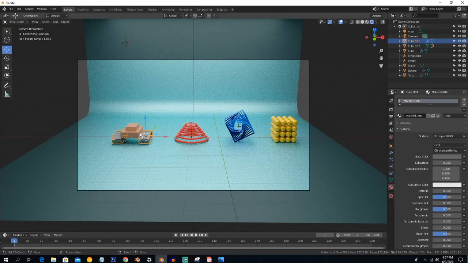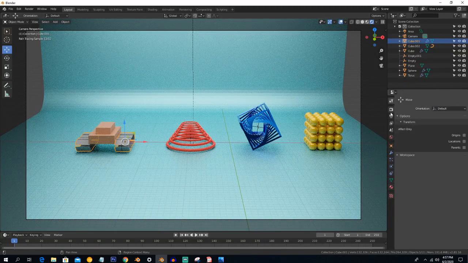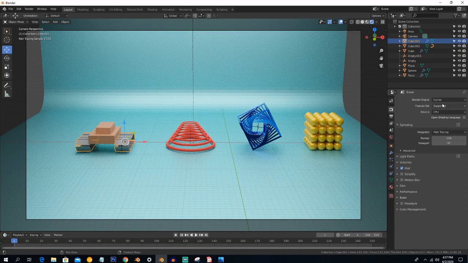So this is it for today, and you can do all your render settings by going to the render tab and increasing the samples, and just press this button, render image, and this is